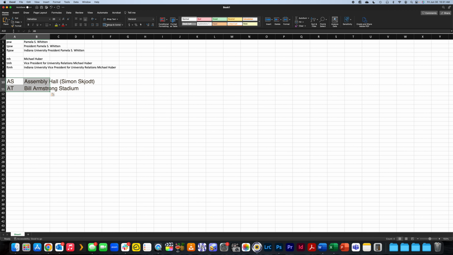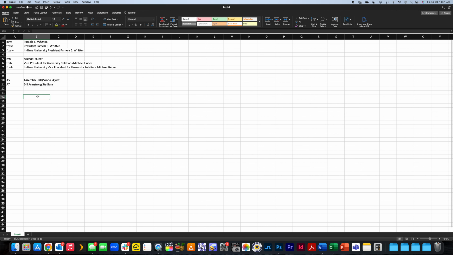Showing off my lack of Excel skills right now. I don't believe the formatting matters here, because these are going to be a text file when they're done. So let's just make that a bit nicer looking, because the official title would be Simon Scott Assembly